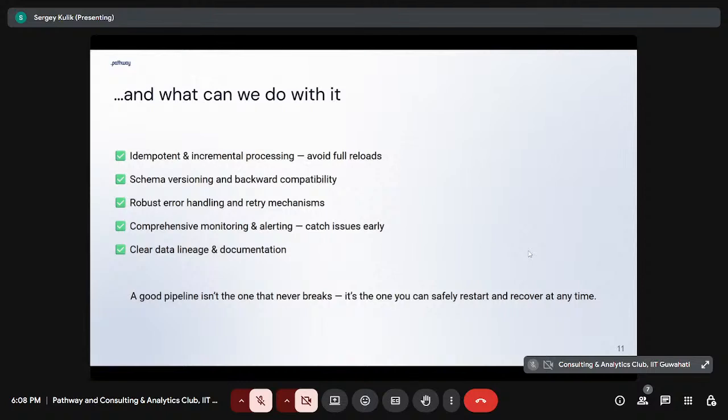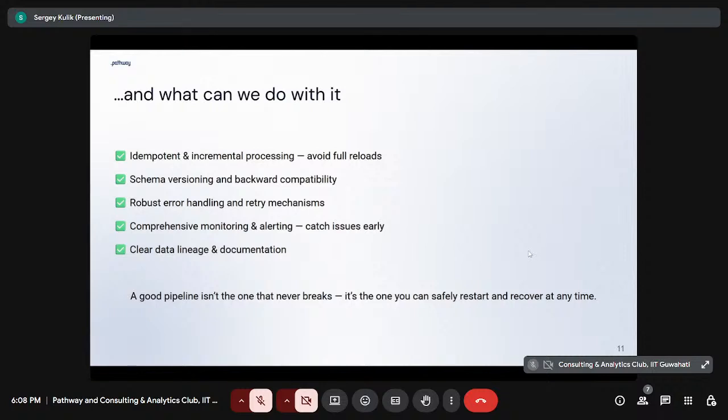The second thing is schema versioning, which would help us to prevent the problems when the schema has been changed. And of course, we need to make it backward compatible. In general, there is an advice to treat configuration as code. That is, to store all configuration that we have in some version control system, because when something happens, we can easily see the history of changes and understand what was changed recently. So it also applies for the schema.